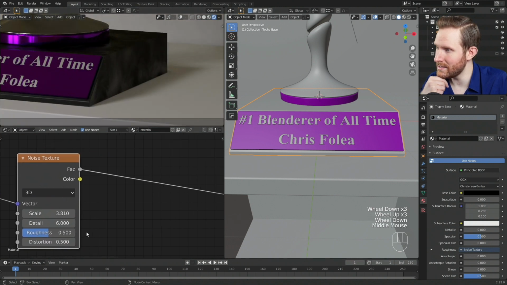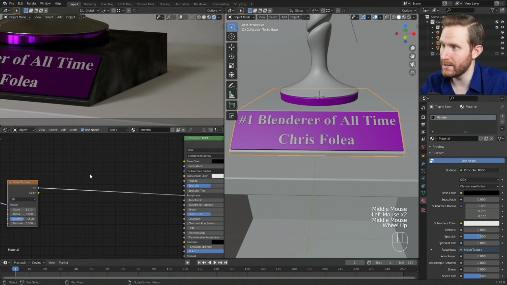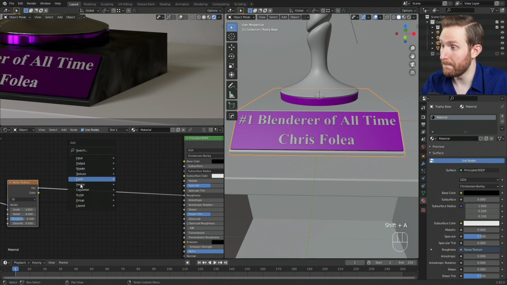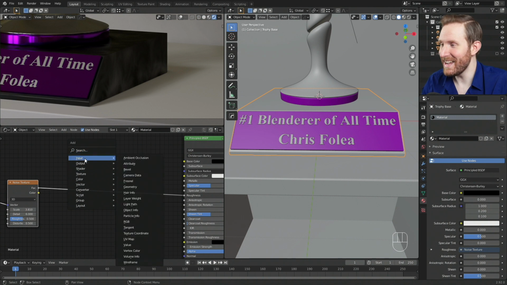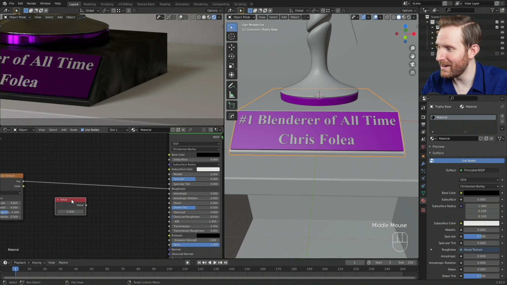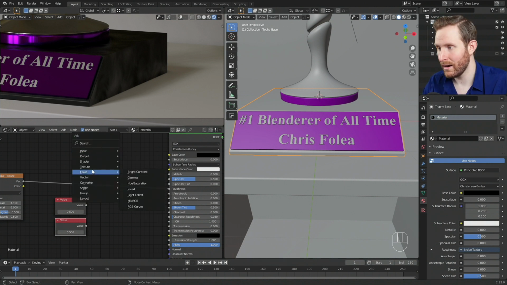So now we have this, but let's make this mix two roughness values that we actually want. So if I do Shift A, input value, sorry, I got lost there, I had a brain fart for a second. Anyway, then Shift D to duplicate that value. Then I can do Shift A to do color